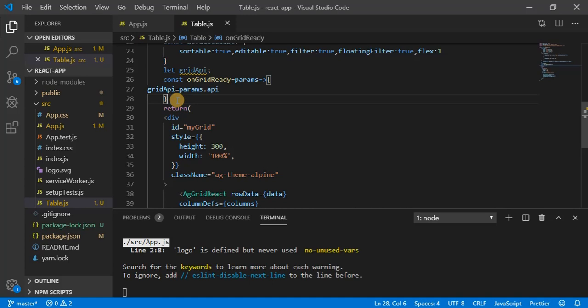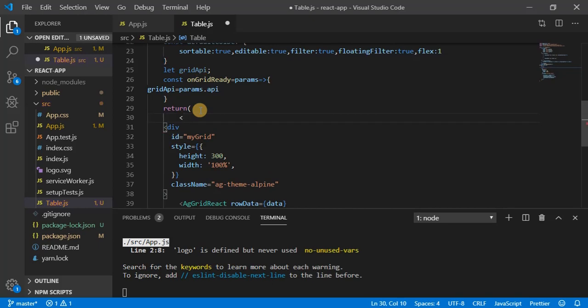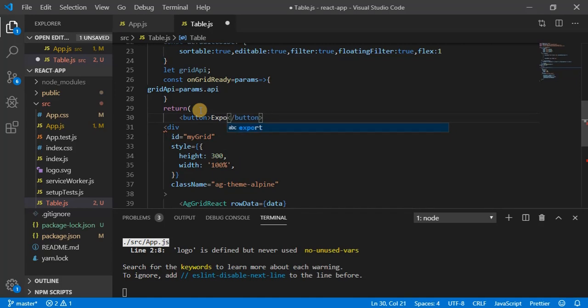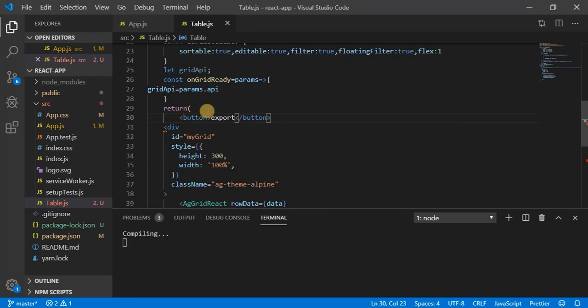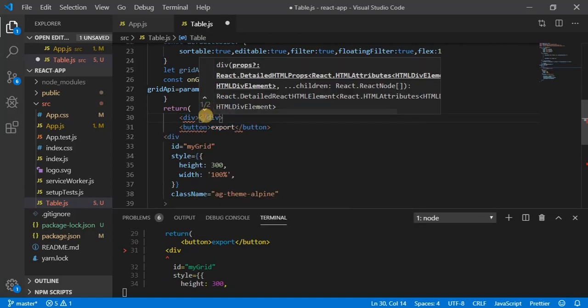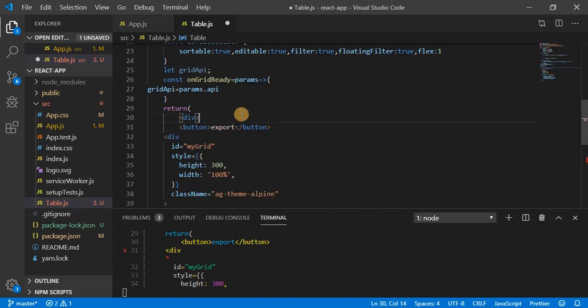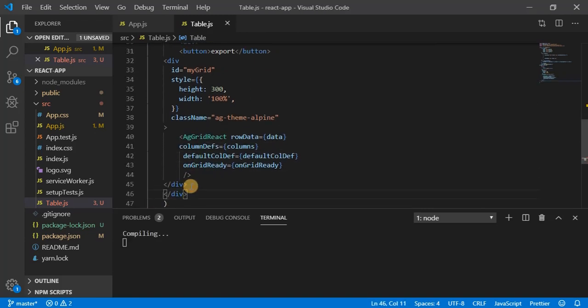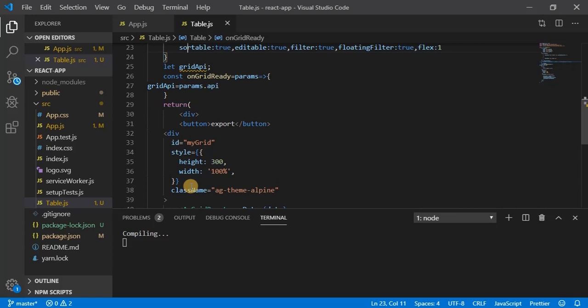That's it. Now we need to add one button here, so let me add a button and give it the text export. Now we need to wrap it inside a div, so let me do that. It's done.